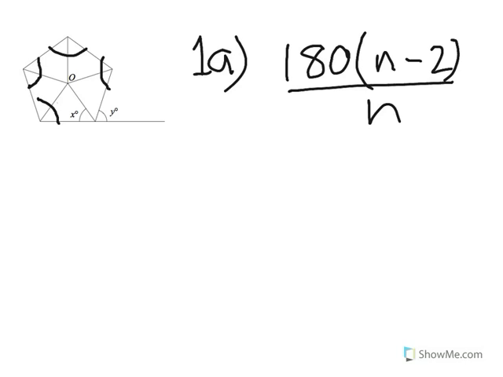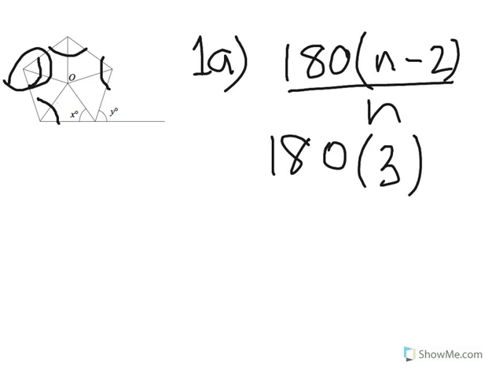Okay, well in question 1a, you're basically given this regular pentagon, and you're being asked to find x. Now first of all, there's this formula for interior angles, which is 180 (n minus 2) over n, n being the number of sides. And the interior angle is basically these angles which are marked in black. So if we substitute the number of sides in this question, which is 5, so 180 times (5 minus 2), which is 3, over 5. And that'll give us an answer of